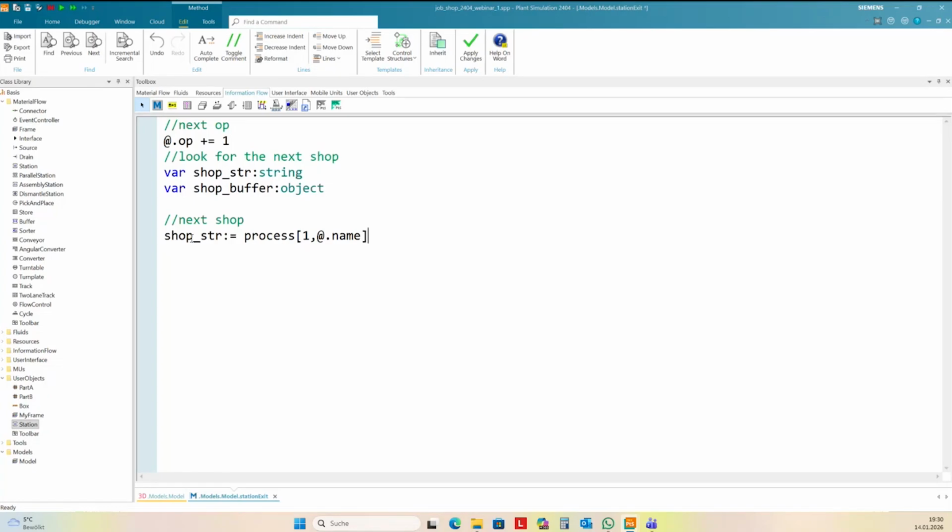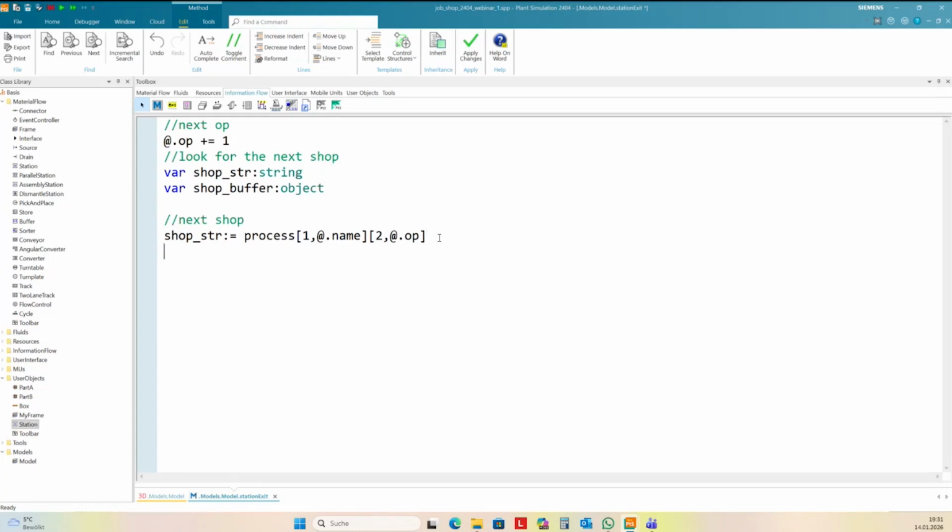And in the subtable, I need to address the second column, and at point OP is the next. It's the next step. I increased here OP, and so I find the next shop.